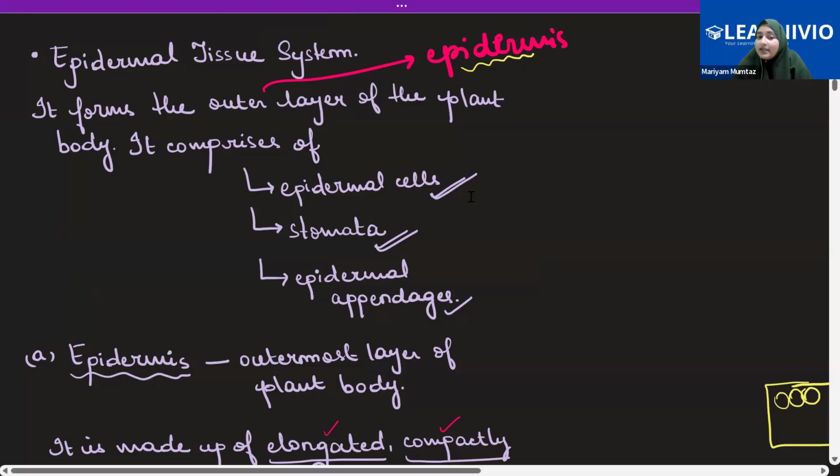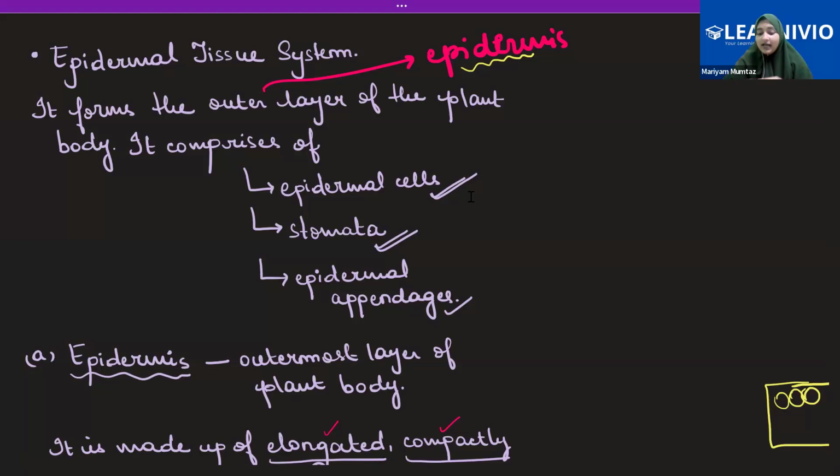You're going to find the epidermal cells, which will be responsible for the formation of epidermis. Then, just like how you notice that your skin has pores, same way plants also have pores, right? It's very minute. Like when you take a shower, you can visibly see your pores. So those pores, in the case of plants, have a fancier name. They call it stomata. They have a fancier function also. Then, just like how we have hair on our skin, same way plants also have hair, which we call